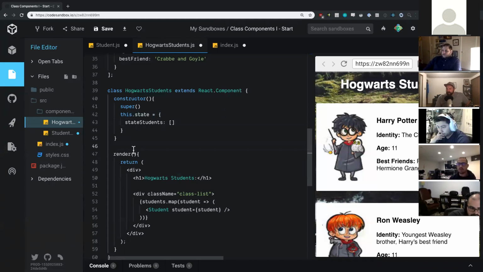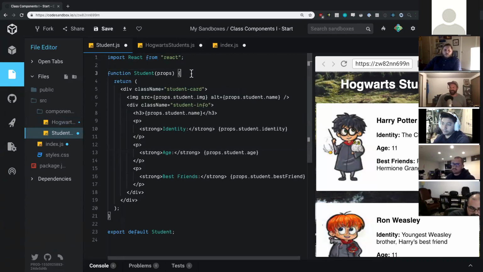Inside of our render, let's think back. If we had props in here, how would we use the data that's in the props? This is a tough one, actually. Let's come back to our functional one, because props is used a little bit differently in a class component. In our functional component,